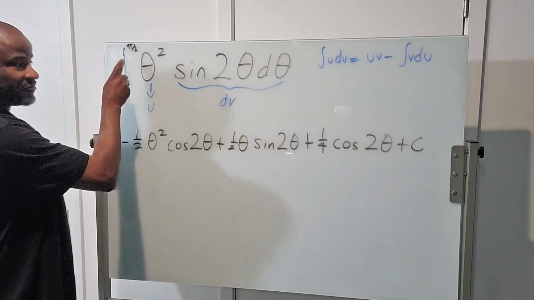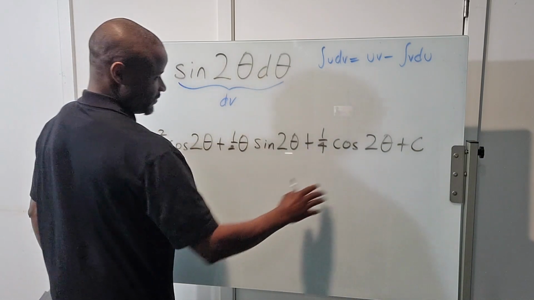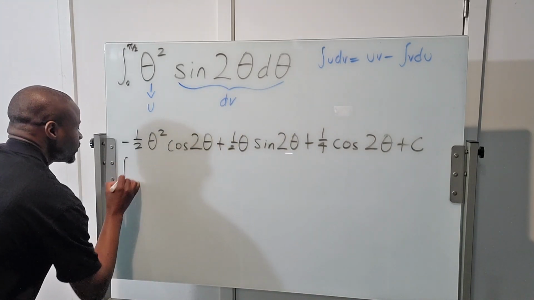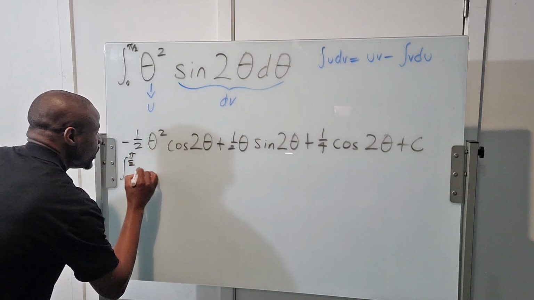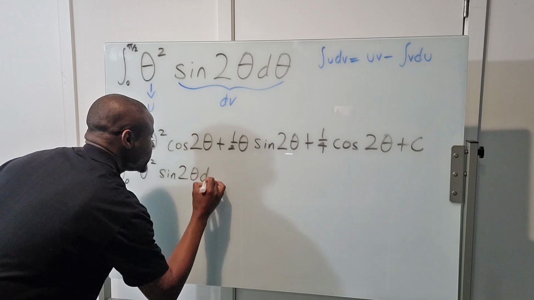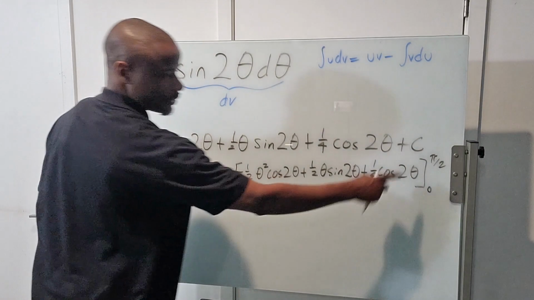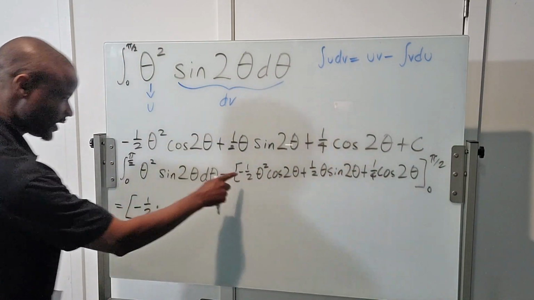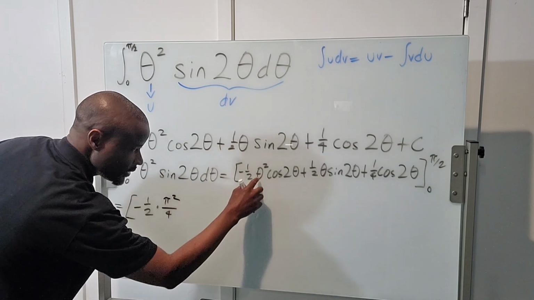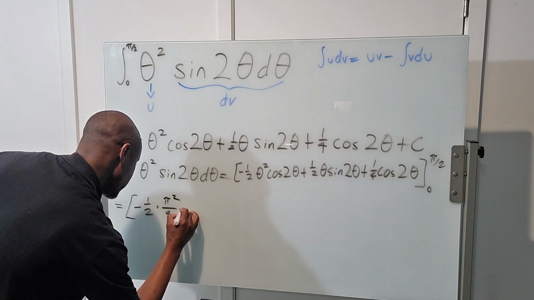Now, since this is a definite integral, we're going to have to find an exact answer. So we can't simply leave this with our plus c there. So let's go ahead and substitute now. The integral from 0 to pi halves of theta squared sine 2 theta d theta equals, when we plug in our limits of integration, we should get negative 1/2 times pi squared over 4 theta squared times the cosine of 2 theta. So that's going to give us times negative 1